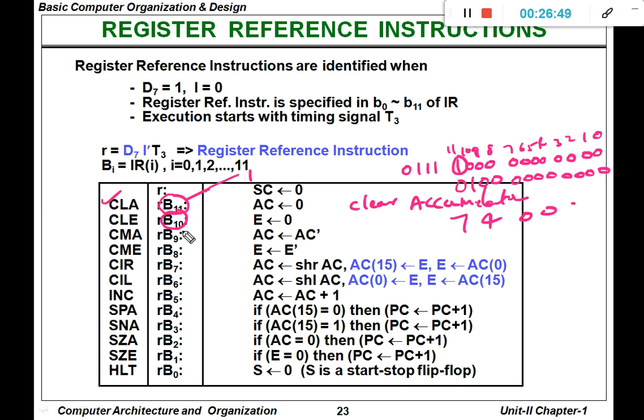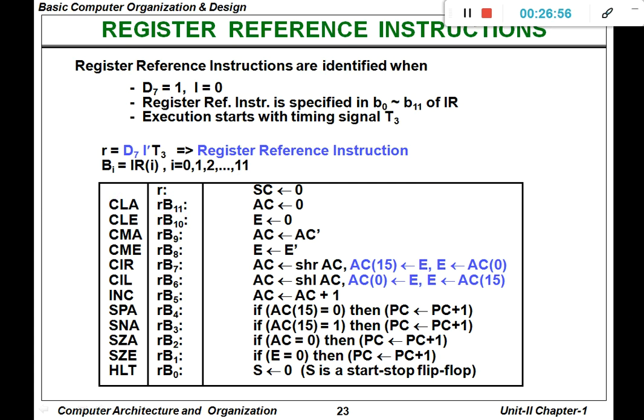So like this, B10 represents that the 10th bit is 1, B9 means the 9th bit is 1, and like that we are going to represent. So what is the first instruction? The first instruction is clear the accumulator register. The second instruction, clear the expansion bit. The third instruction is CMA. CMA means complement accumulator register. Complement you already know, so we are going to perform the ones complement. If 0 is there, put a 1. If 1 is there, put a 0.